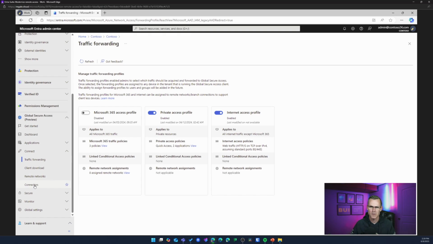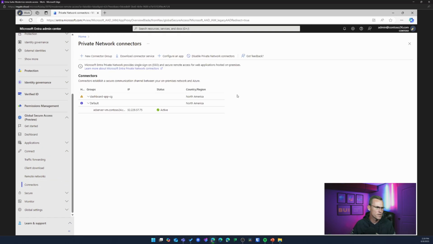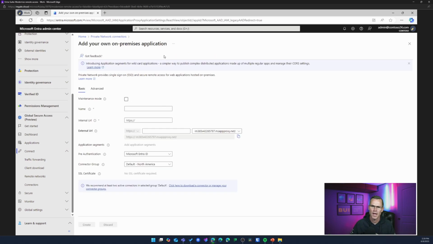We also just want to validate our connectors are all configured correctly. Now, connectors are basically lightweight agents that sit on a server in a private network and facilitate the outbound connection to the Global Secure Access service. So our administrators have already set that up. We can see that's confirmed here. We can also then configure internal applications or resources to make use of this connector, right? So we can go and configure an application, and using this form, administrators can configure per-app access to internal resources.